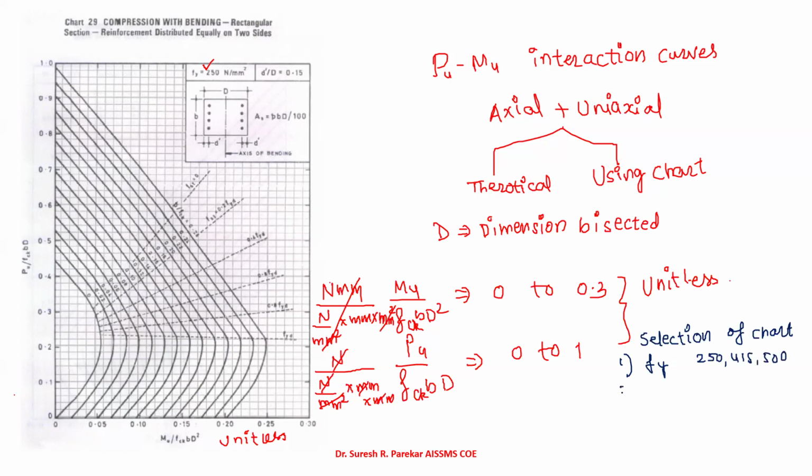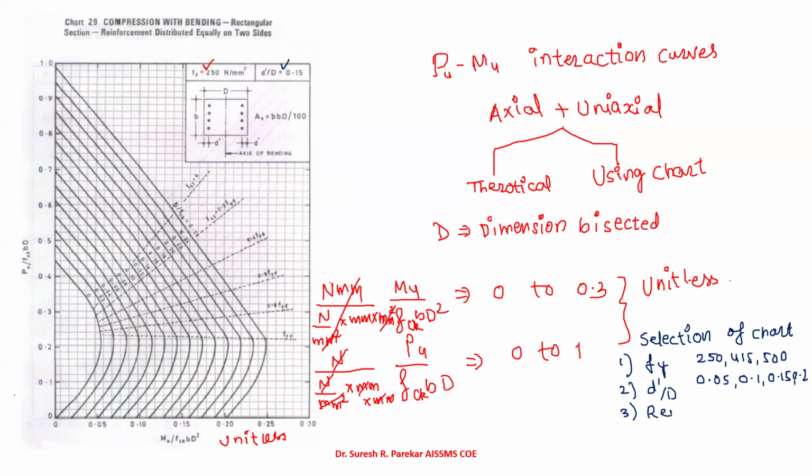Second we have d dash by D. For d dash by D we have 0.05, then 0.1, 0.15 and then 0.2. We have these four values. So we have given here d dash by D. Then we have third,